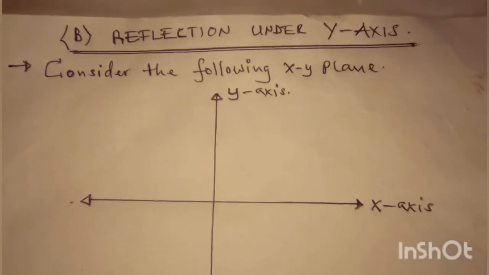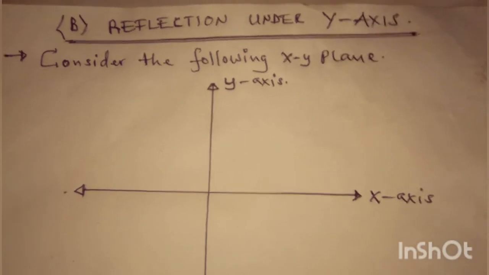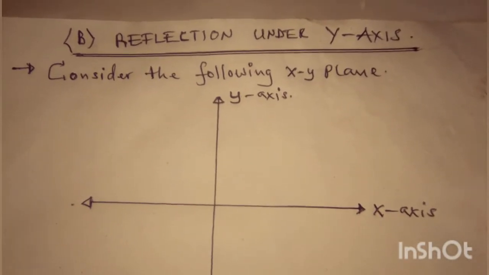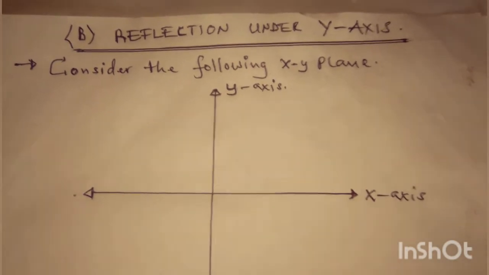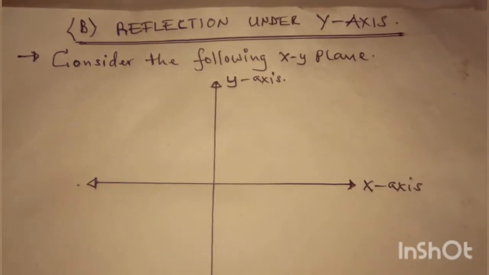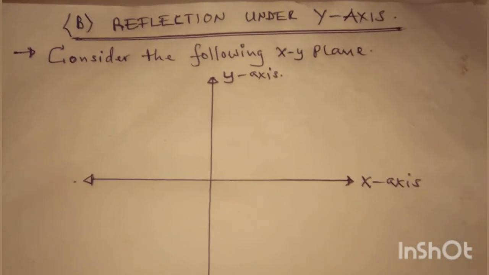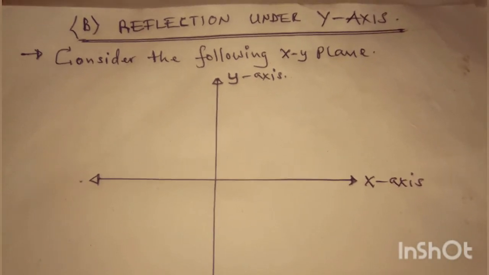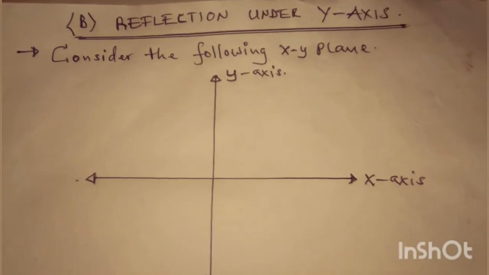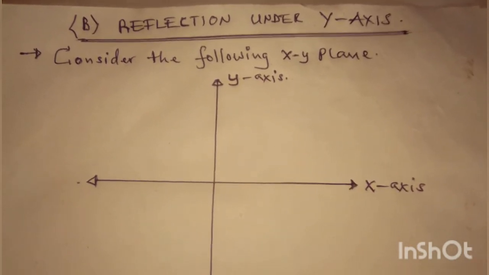Okay, class, today we are going to learn about part B. If you remember previous lectures, we learned about part A, and we solved 3 examples. It is my hope that when you meet questions on reflection under the x-axis, it will be simple for you to solve according to my previous lecture. So today let us see part B,